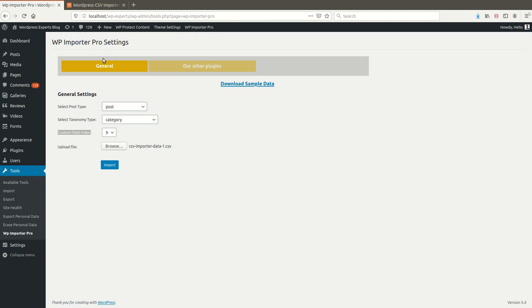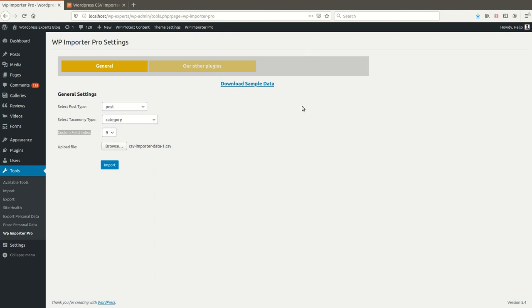This is basically for a post. If you go to create a page, the featured image is only for a blog post. So if you go to create pages, then you can delete this column from the CSV file.